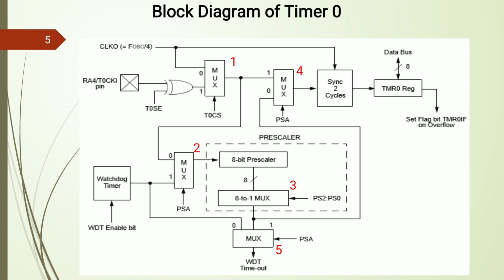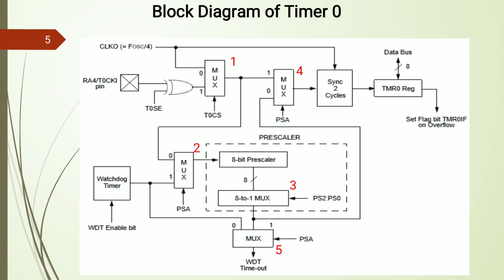After that, at MUX 3, the prescaler selection ratio is there, that is a 1:8 mux, by selecting the bit status of PS0 to PS2. So 3 bit status is there. According to that, the required or appropriate ratio of prescaler is selected and applied to either the timer or watchdog timer. MUX 4 is associated with the circuit, that is, with prescaler or without prescaler you should apply the signal to the next circuit. Next is your synchronization circuit.